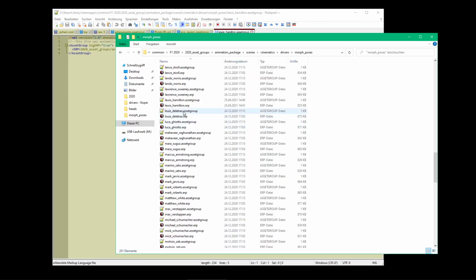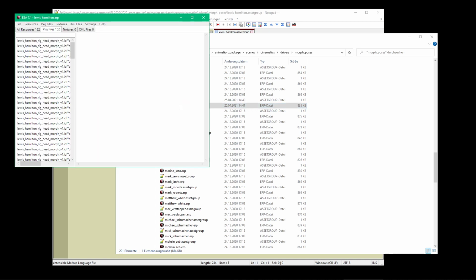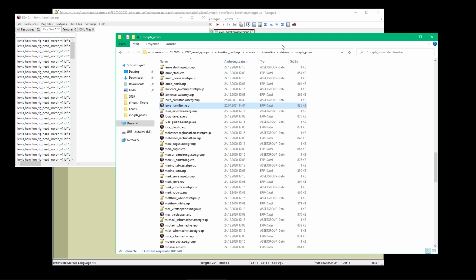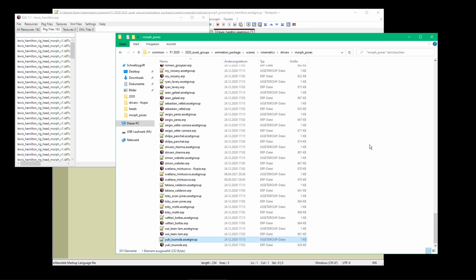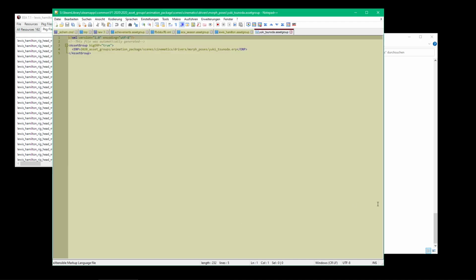We will also open the ERP of Lewis Hamilton. If you don't have the ERP Archive tool installed, there are plenty of other sources and tutorials where you can find that. I'm not going to link it here because this is what we do, and people who do it should have the knowledge. Okay, so we have those files open, and then we search for Yuki Tsunoda, as well an asset group file,